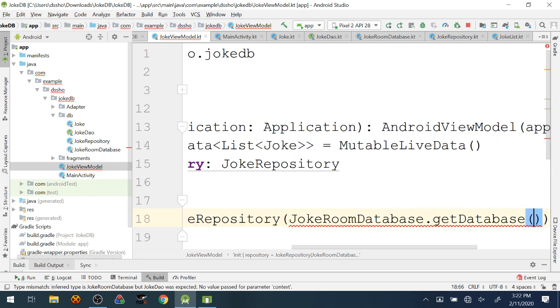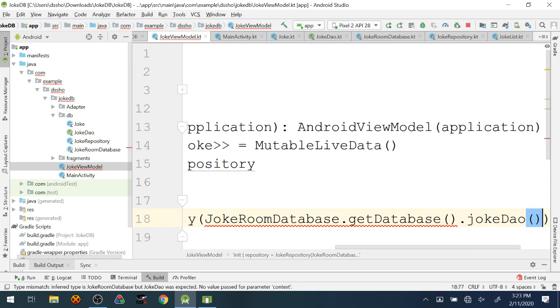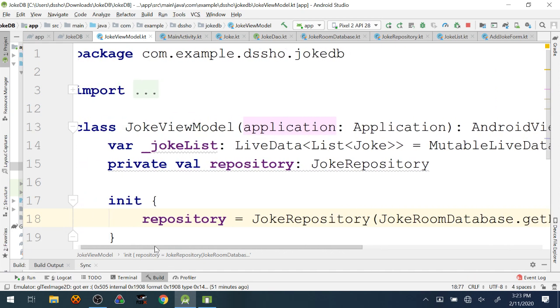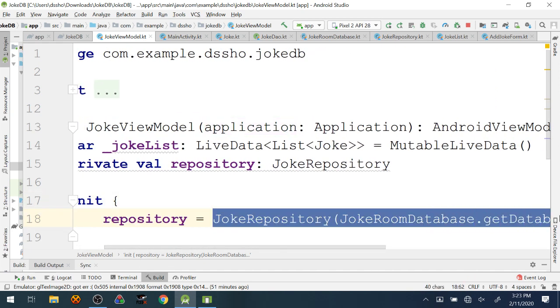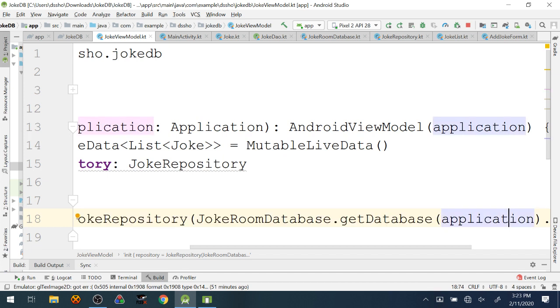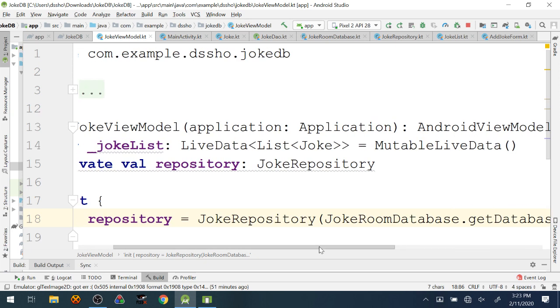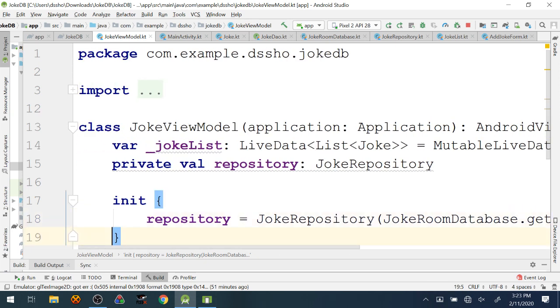Here's a call to get database, which is that Singleton pattern that we've spent a lot of time today talking about. And we're going to pass in the application context. So this is kind of a long line of code. I can't even fit it all on the screen. But basically, we're creating an instance of the joke repository, which needs the data access object to function. So we're grabbing the data access object from the database to pass to the repository.